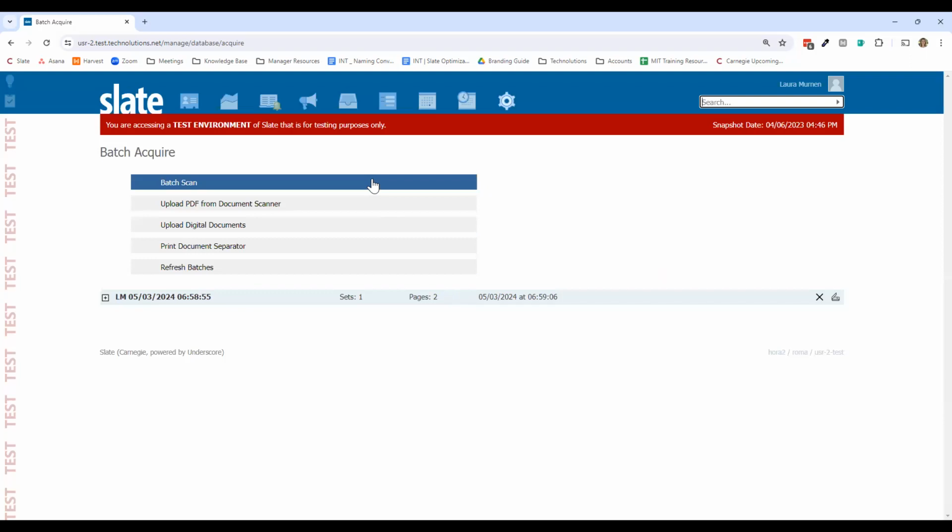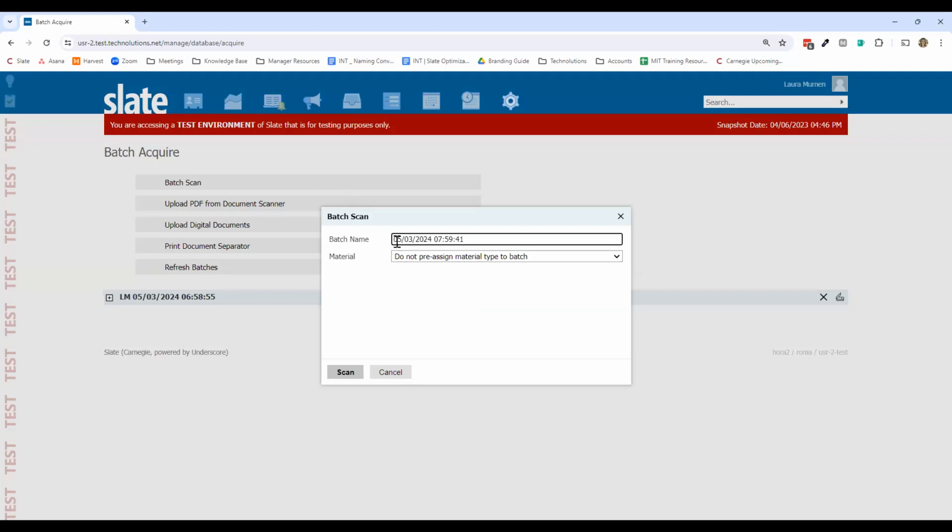So the first thing that I want to show you is Batch Scan. I'm only going to be able to get so far because I actually do not have a scanner. So a little limited in what I can show you here. But I do want to click on this first one just to start our knowledge sharing of Batch Acquire. First things first, you'll see that once you click Batch Scan, it'll populate the batch name and the material. It'll allow you to